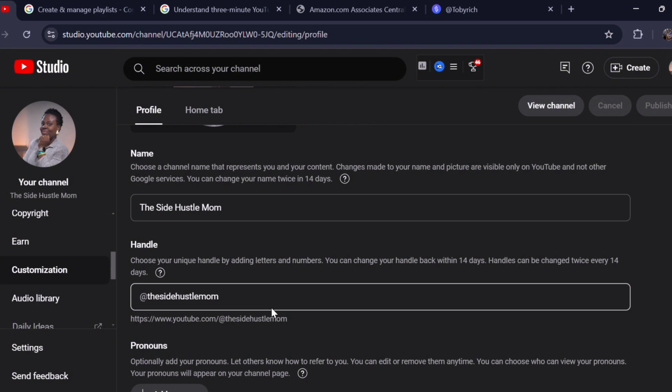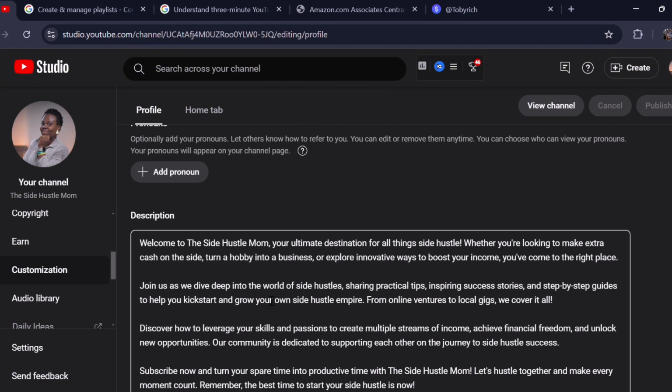Okay, now the description of your channel. Now you want to add an amazing description for your channel. So you go to ChatGPT and ask ChatGPT to provide you a channel description and describe what your channel is about, and ChatGPT will generate some for you. Now you tweak that into your own language. Now don't copy it directly from ChatGPT and paste it in your about. You tweak it. Okay, let it speak like you.